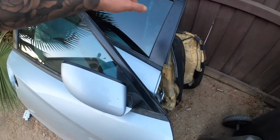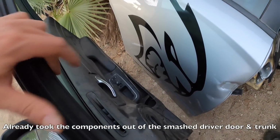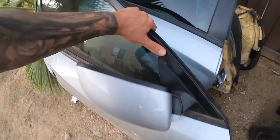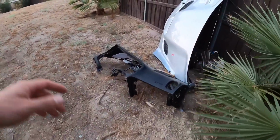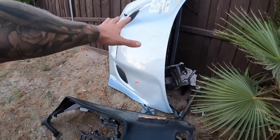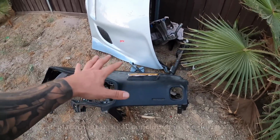We got 3 of the doors, all the electronics, all the interior switches and stuff, because we're gonna have to do something like that on our swap. And I also got the original dash, even though it's messed up. I got the hood because we're probably gonna graft this onto our truck,